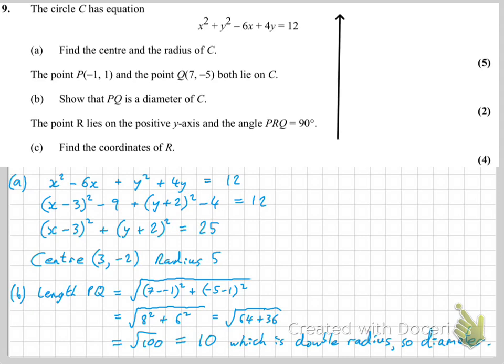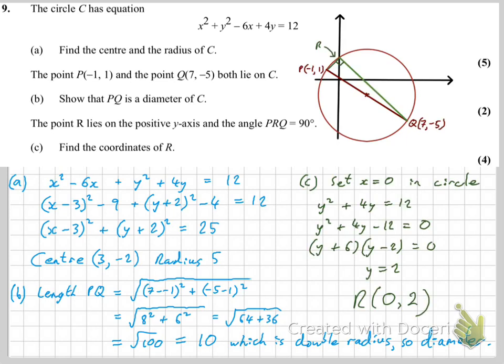So let's draw what we've got. That's a sketch of where a circle lies. I'm going to draw the diameter. Notice I've been fairly true to the coordinates. So P was (-1, 1), so just to the left and above the origin. And that forces Q to be down there on the bottom right, but that seems also to correspond with its coordinates. You can mark on the centre, mark on Q, mark on P,